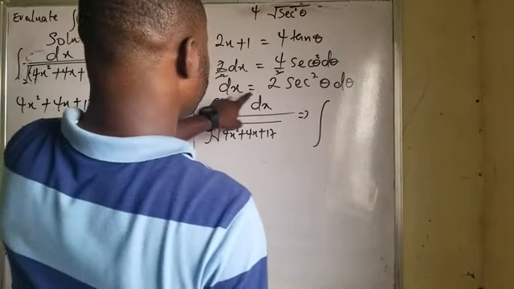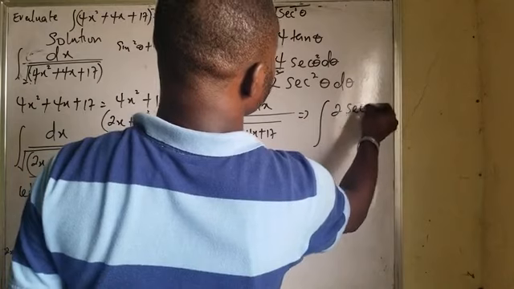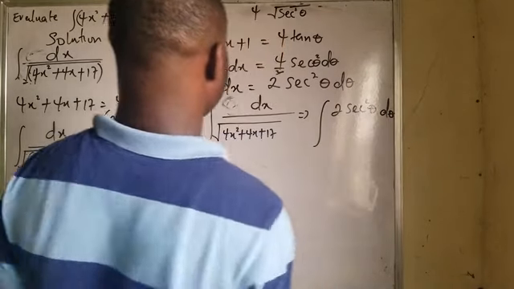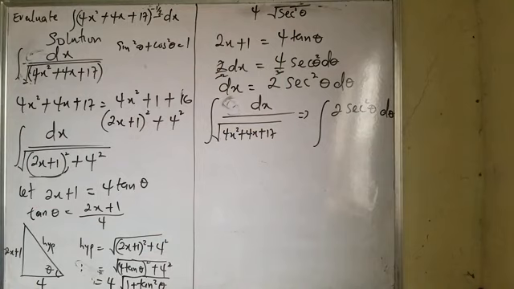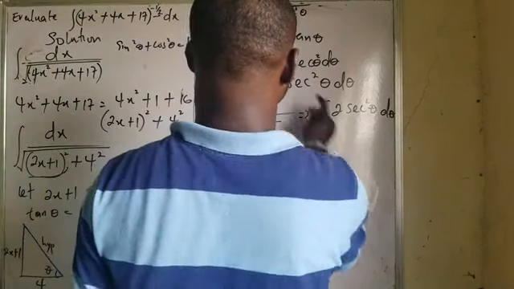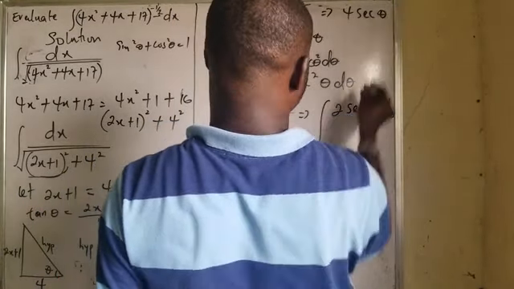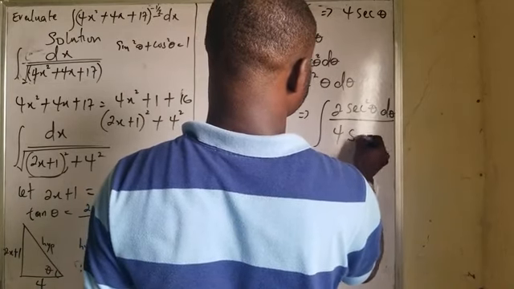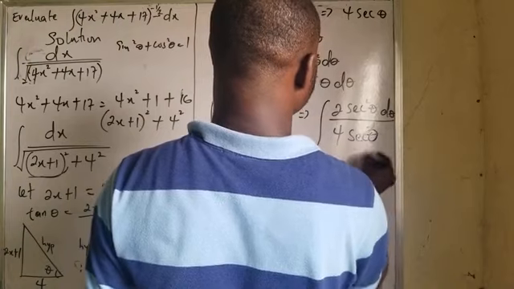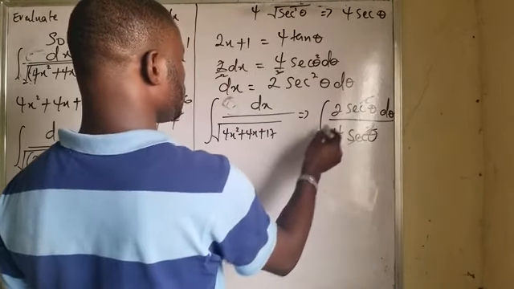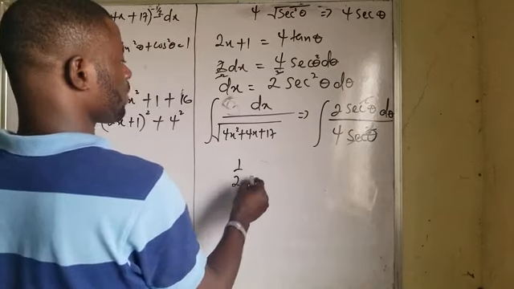My dx is equal to 2 sec squared theta d theta. Everything here becomes 4 sec theta, divided by 4 sec theta. Now, this cancels this, leaving 1 over 2 integral of